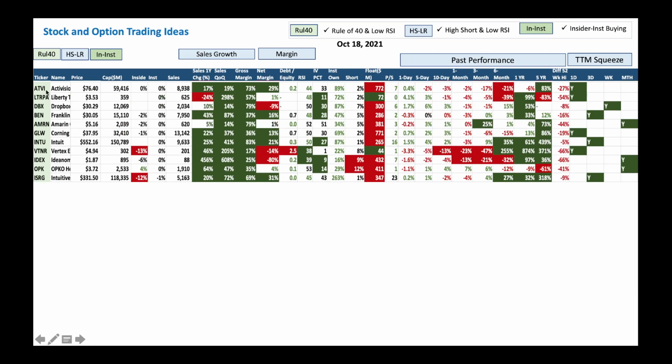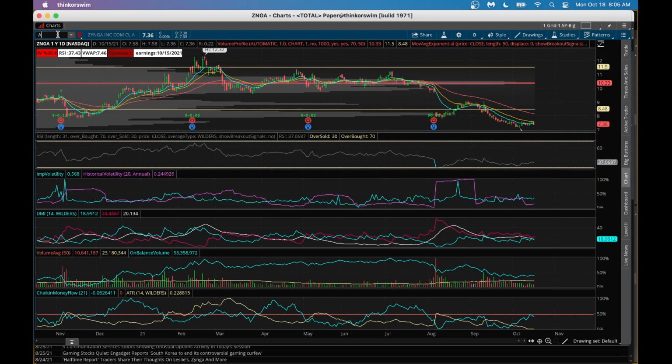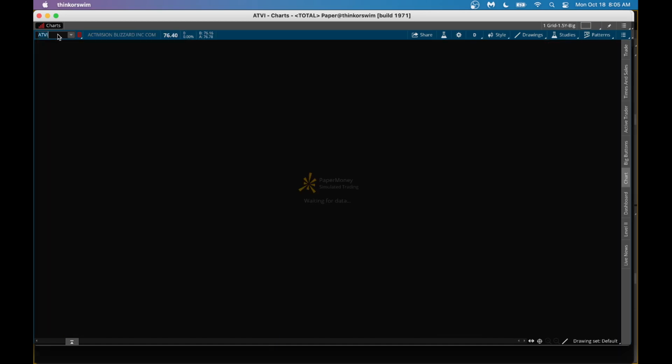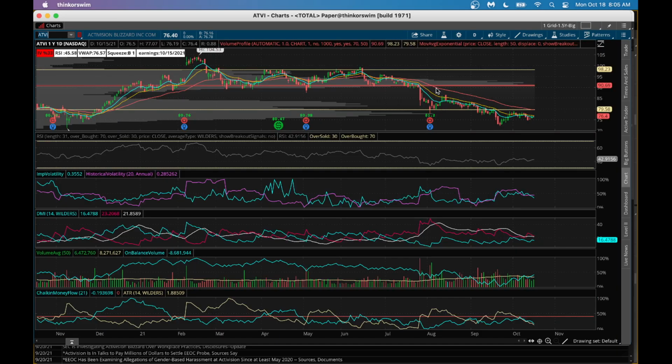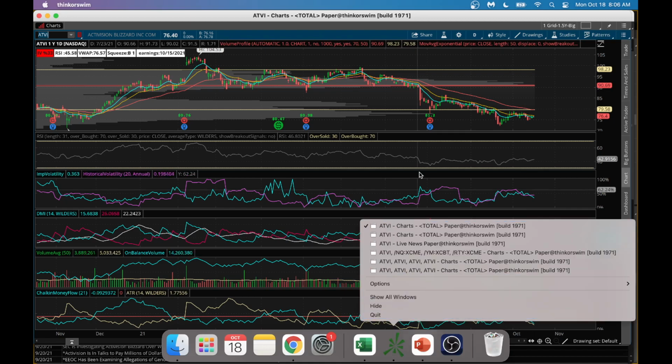We got Activision Blizzard, one of my favorite stocks here, trying to turn around after a drop. You could look at Activision Blizzard here, a $76 stock. Let's quickly go into Thinkorswim here, ATVI. So by looking at ATVI, stock is trying to improve here, and right now it's negative from a DMI perspective with the red line on the top, blue line on the bottom, but trying to turn positive. On the balance, volume is increasing, telling you people are buying into this stock. And if you look at the TTM chart here quickly,